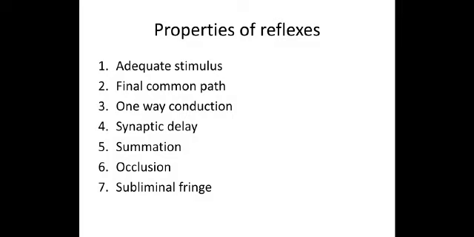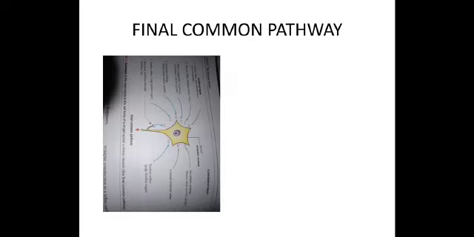So the next property is the final common pathway. You can see in this figure how the alpha motor neurons that supply the extrafusal fibers in the skeletal muscle are the final common pathway over which neural control coordinates the activity of skeletal muscle. I mean to say, it can be both. When I say the influences, they are both excitatory and inhibitory, affecting muscle contraction. That means the alpha motor neuron is the one through which all these influences funnel to the muscles.